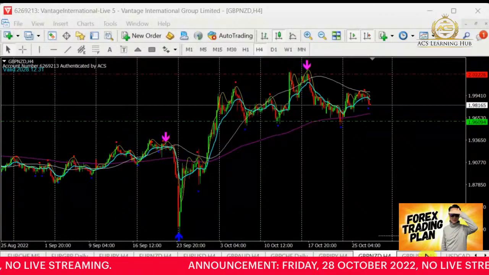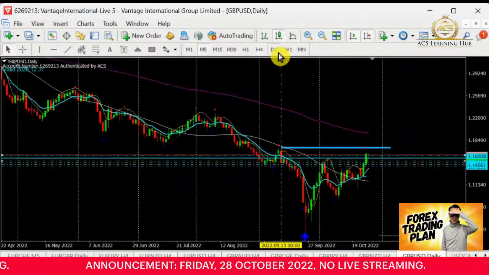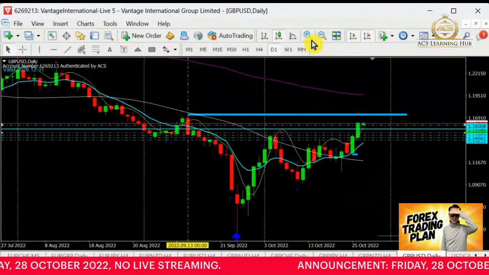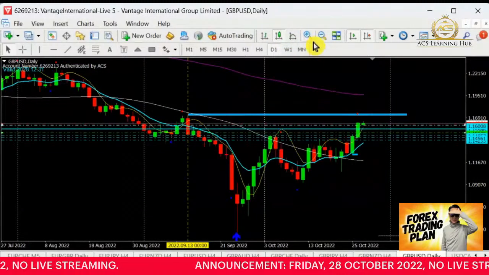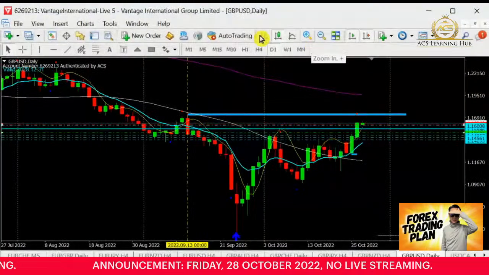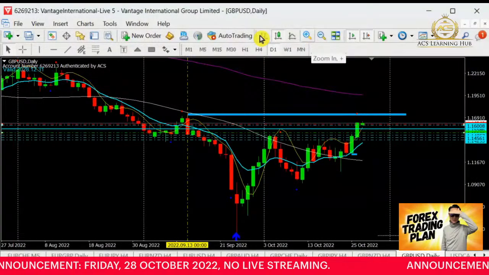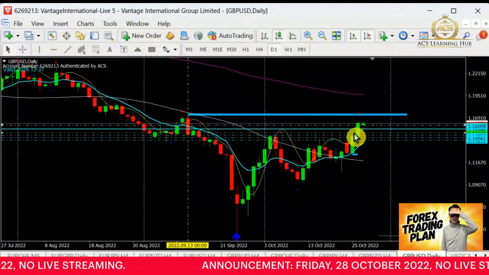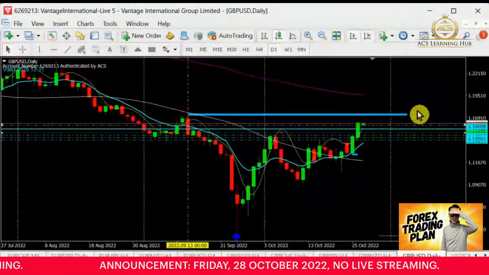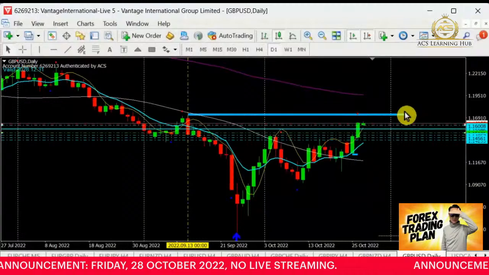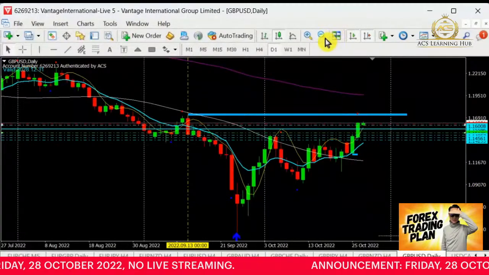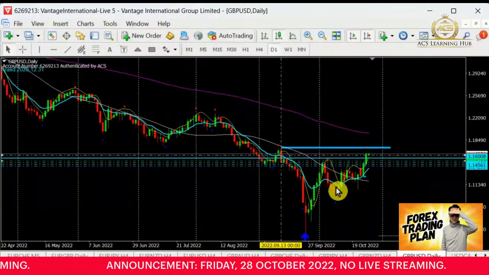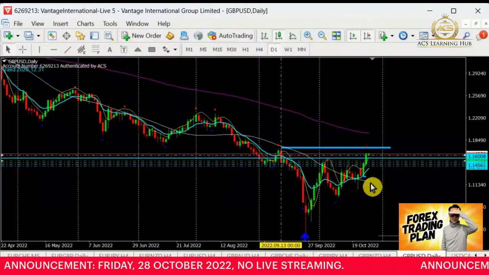Right, so pound dollar, let's take a look at pound dollar. Pound dollar, we are escalating up in the bull, but there's a sign of selling. We have a sign of selling from the area here. I see that there may be a target. It's still trying to hit the target up here. For pound dollar, we are actually in the bear, so the bear is having some pullback to become a bull, right?